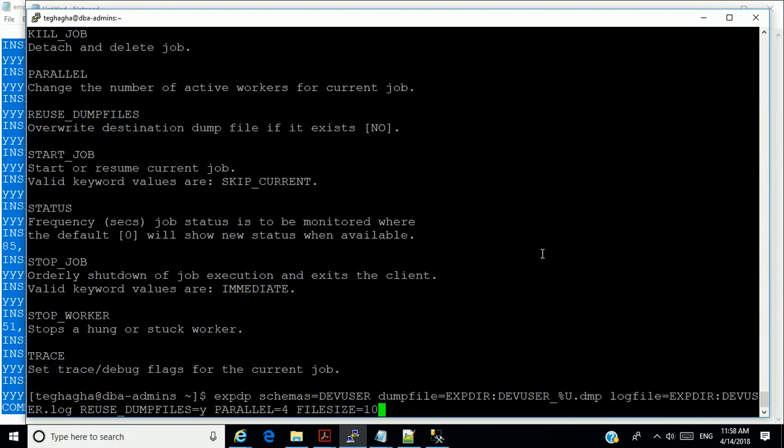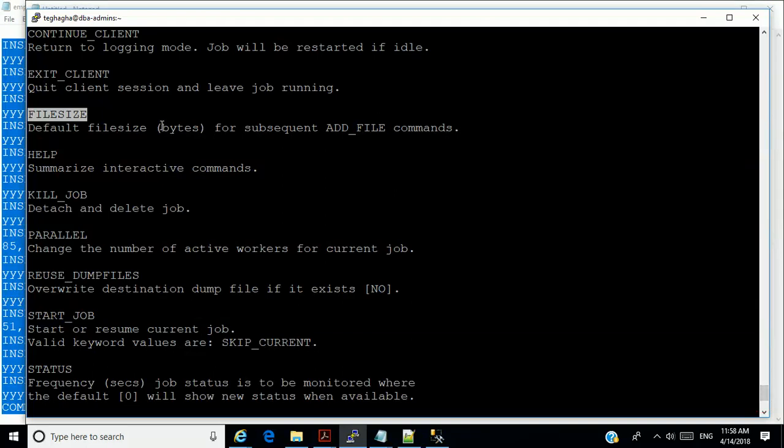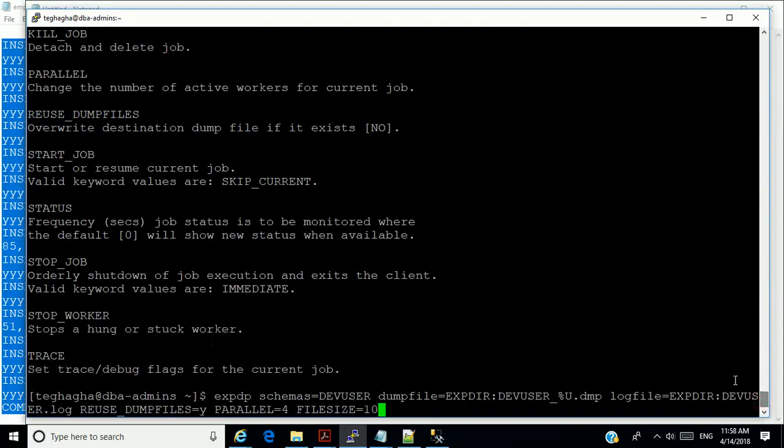Normally what we do here is to ensure that each file does not go beyond 10 bytes. Notice that this is in bytes, and 10 bytes is really small. So let us see the behavior of this if I do that.